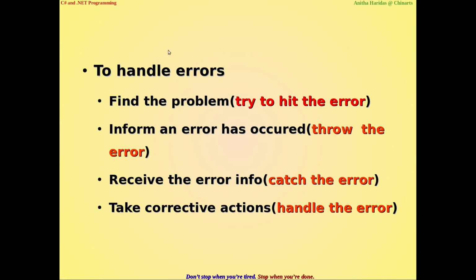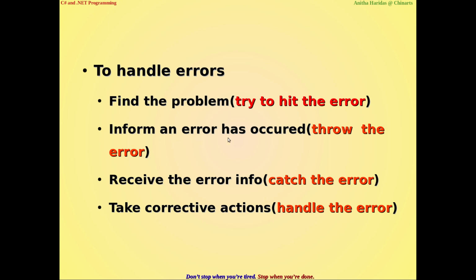If you want to handle a runtime error, what you have to do inside your program is, first, find out the error, or you call it the problem. Then inform the program that this particular error has occurred.